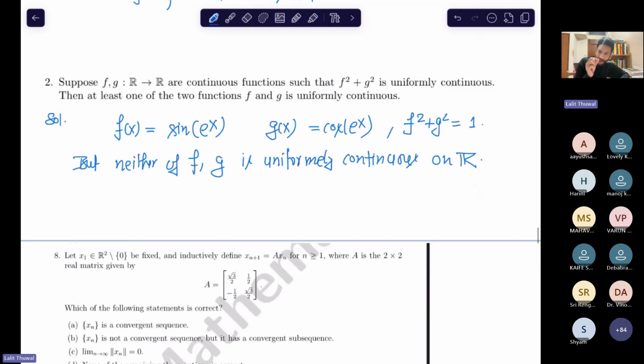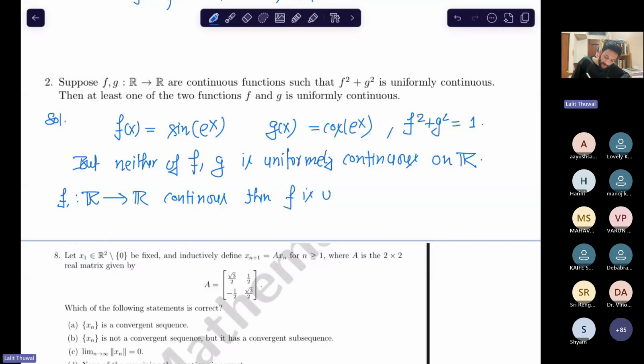See, there is an if and only if condition. I'm going to write it here. That will be really helpful in determining that some function is not uniformly continuous. A lot of times you use that result to prove that a function is not uniformly continuous. What is that? Suppose f is a continuous function from R to R, then